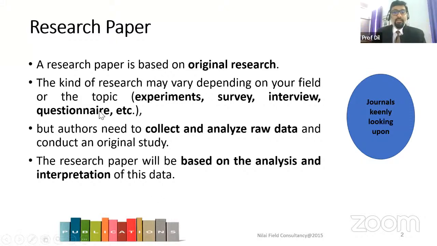So I told you, it consists of all these aspects. Journals are keenly looking for experimental data, survey data, interview-based data, and questionnaire-based data, and that should be run through a process. The most important aspects are data collection, data analysis, and data interpretation. What kind of papers do we consider an original article? People usually have confusion about what this originality is, so let me clarify that first.